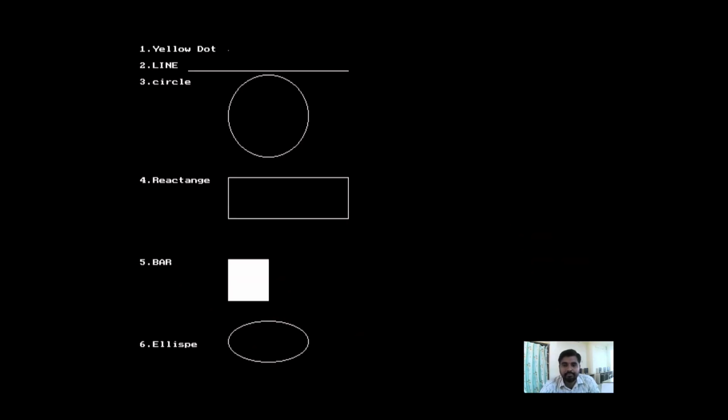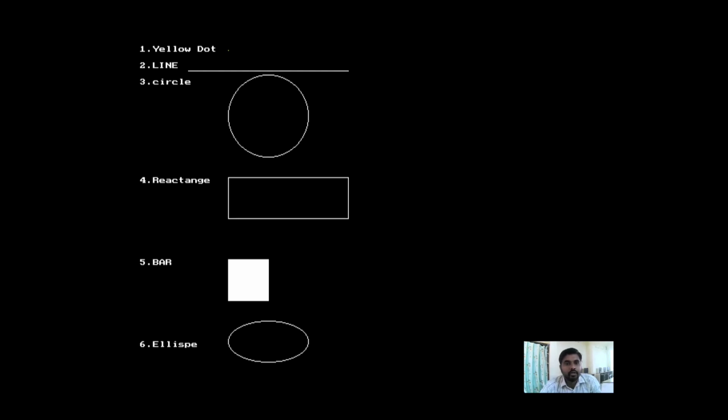And look, here we see, as per our practical, the basic objects on the output screen. First code was written for displaying a pixel. Here, a yellow dot is shown on the output screen because we have used yellow color for that particular pixel.